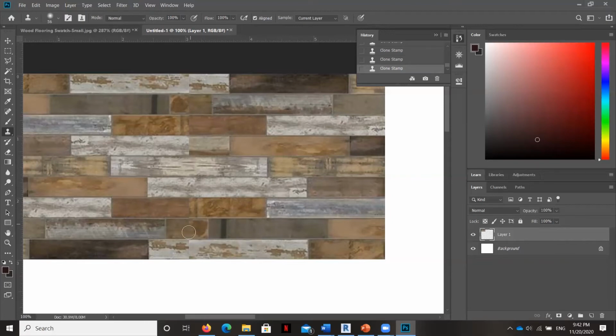This one here, we have the same issue, two short planks. Oh, actually, you know what I'm going to do is I'm going to do a clone stamp here first. Anywhere else? Let's go ahead and grab this one.